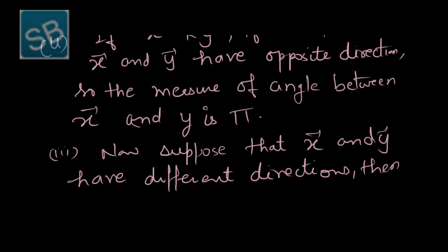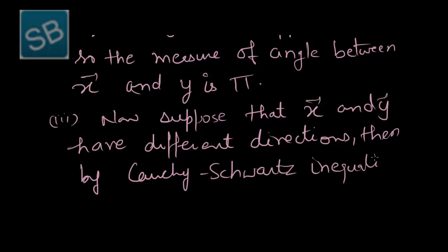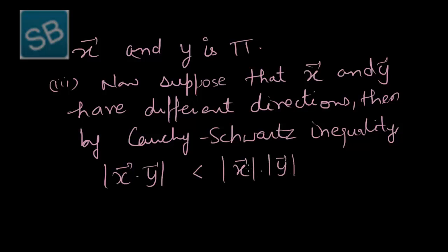Then by Cauchy-Schwarz inequality, modulus of x dot y is less than or equal to modulus x times modulus y, that is, if we open the modulus then it becomes minus modulus x times modulus y less than or equal to